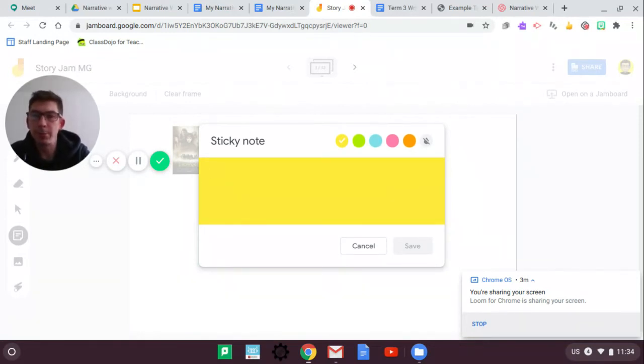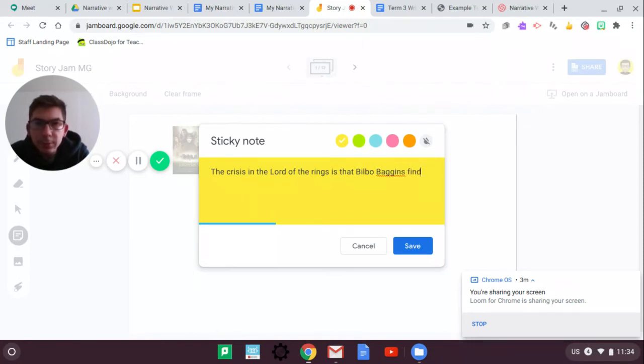Okay, so the problem in the crisis in Lord of the Rings is that Bilbo Baggins finds a powerful ring and he goes on a quest to destroy the ring before it can get into